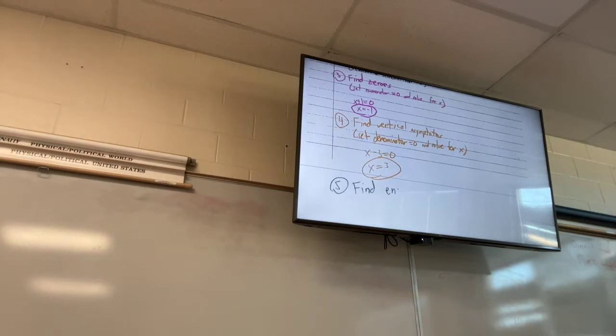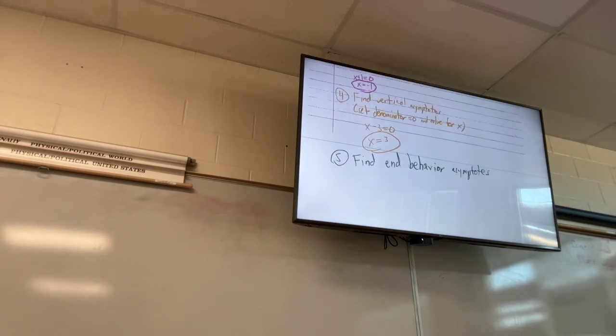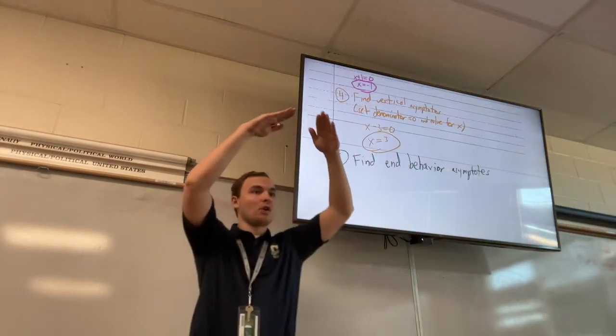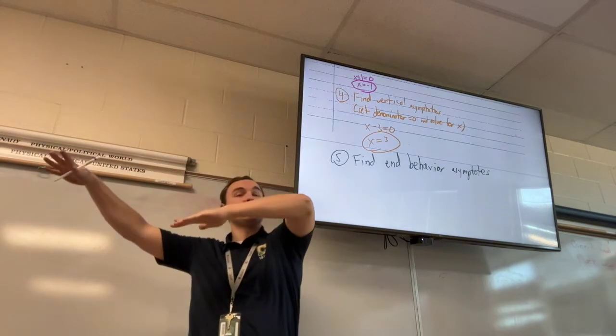Why am I calling them end behavior asymptotes and not horizontal asymptotes? There's 2 reasons. In algebra 2 you probably call them horizontal asymptotes. There's 2 reasons I like the phrase end behavior asymptote better. The first reason is because the end behavior asymptotes are lines that your graph gets really close to but doesn't touch